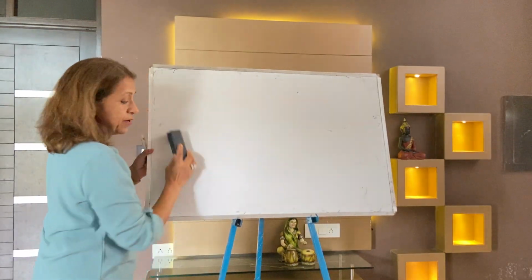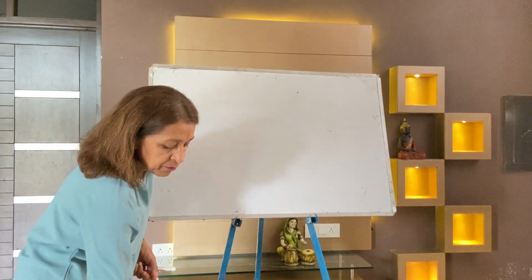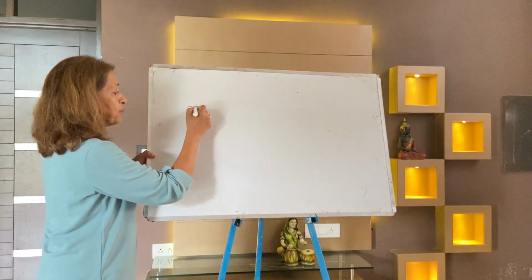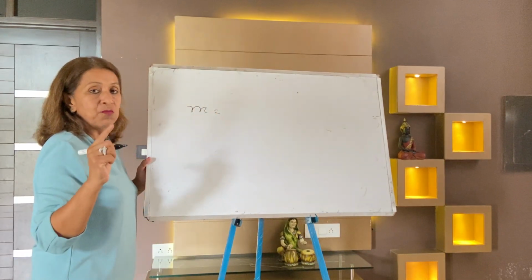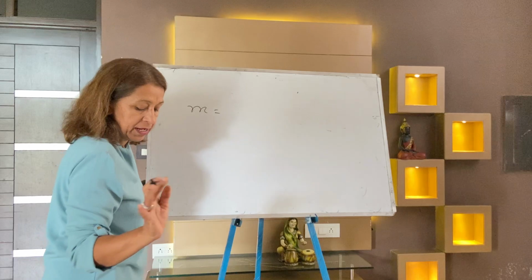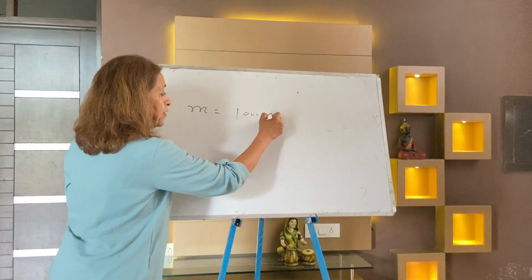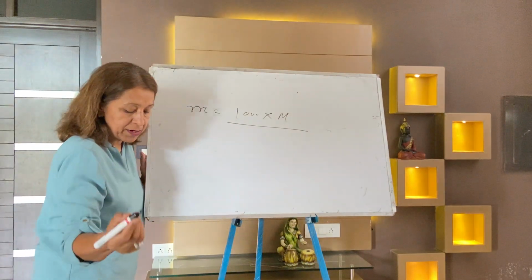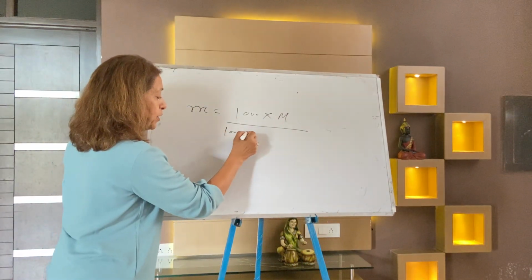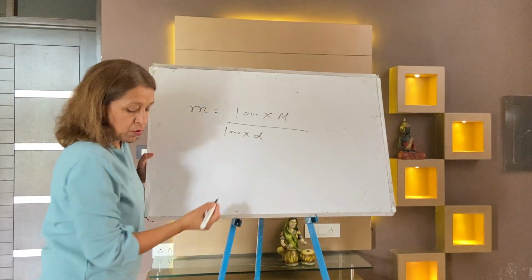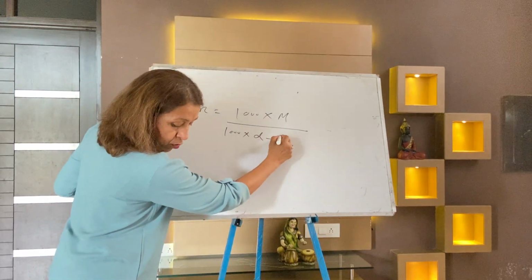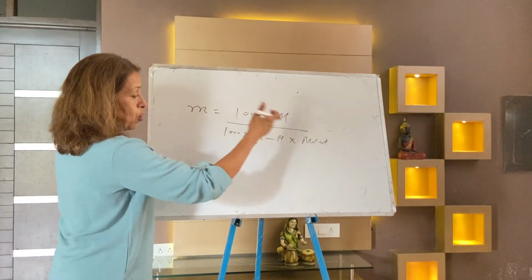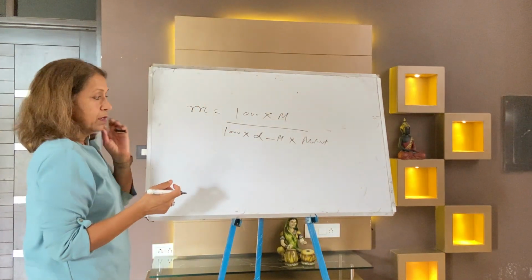When molarity and molality both are there in the numerical, write down the formula as well as the numerical related to this. Write down molality. Small letter m is molality, capital letter M is molarity, that you know already. It is 1000 into molarity divided by 1000 into density minus molarity multiplied by molecular weight of solute. I'm taking one numerical.